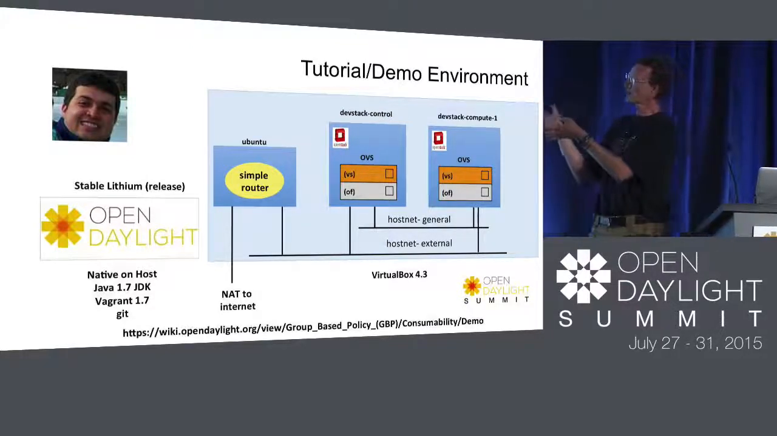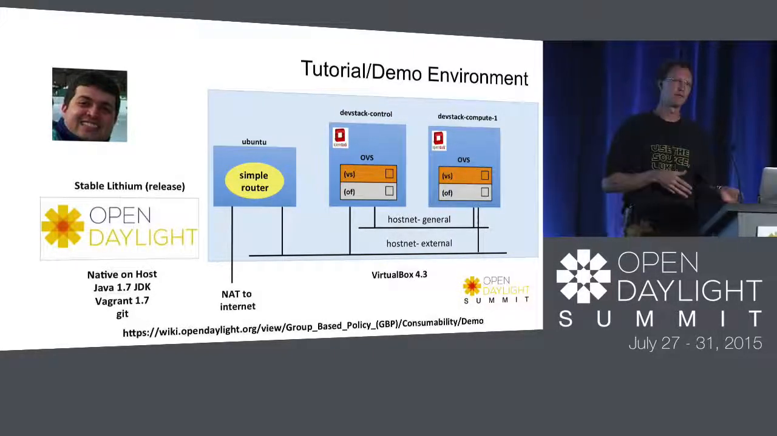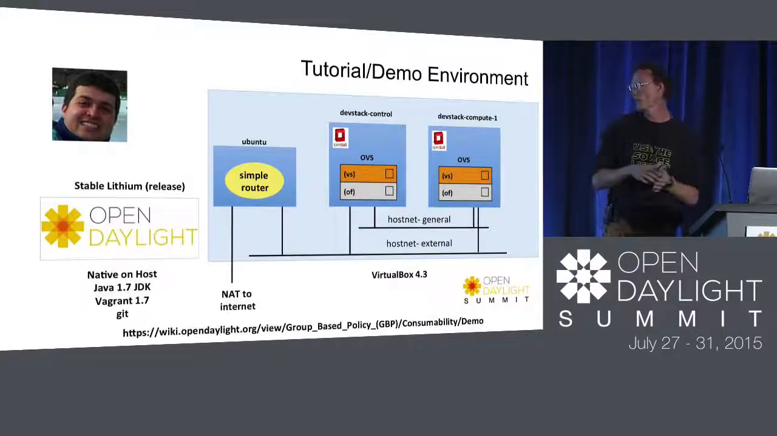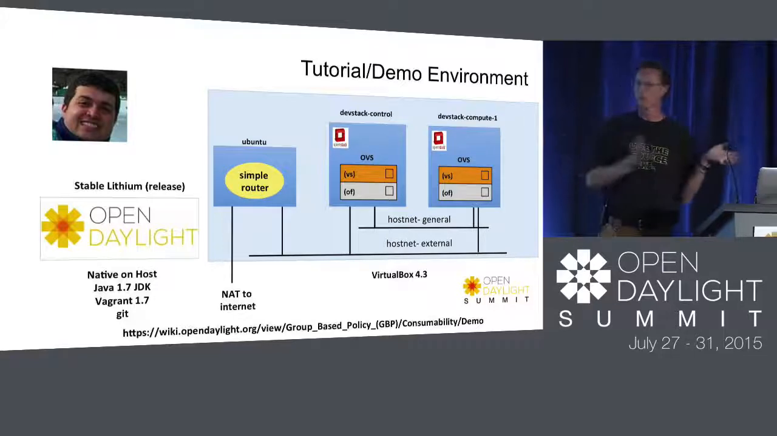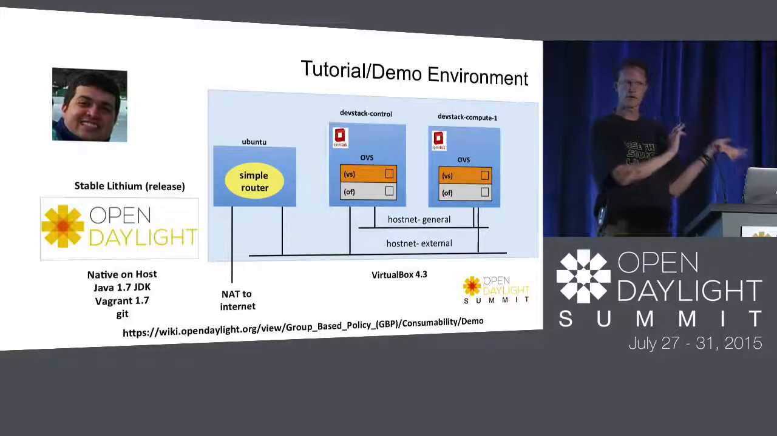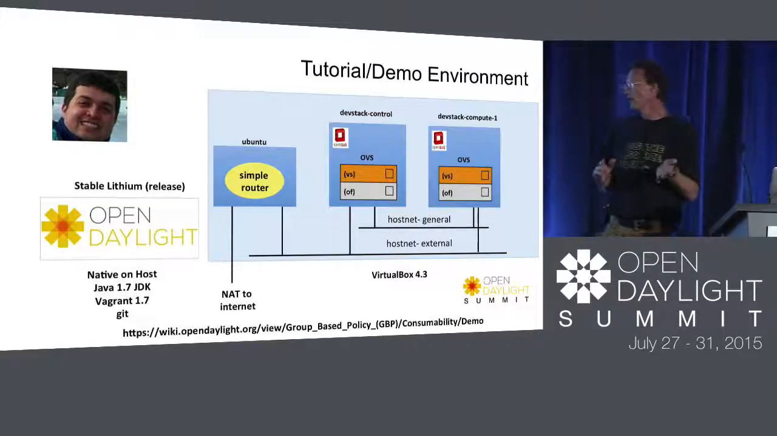you get these 3 VMs, they all run in VirtualBox. You'd import the OVA, it'd spin up the VMs, and then we run OpenDaylight natively on, say, your laptop, if that's where you're going to run it. So we'd expect Java 1.7 JDK. If you wanted to use our Vagrant version of this demo, you'd need Vagrant 1.7, and obviously Git to pull